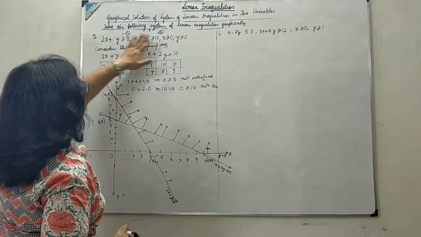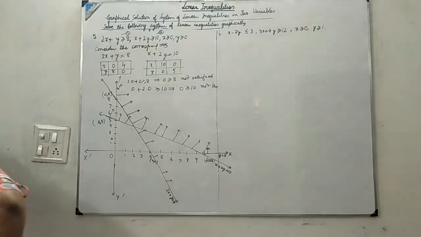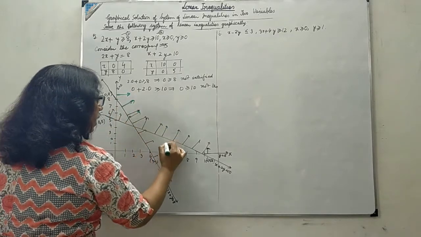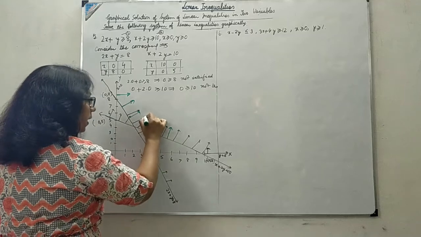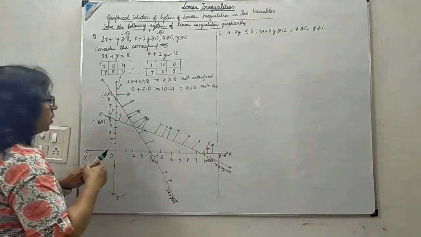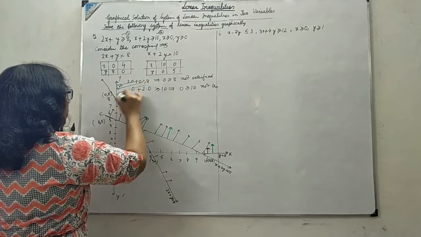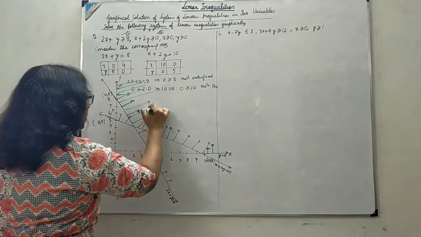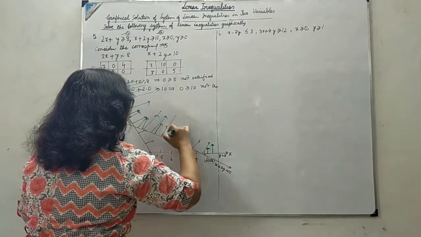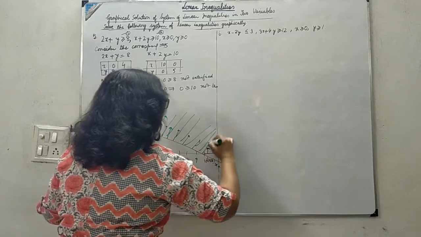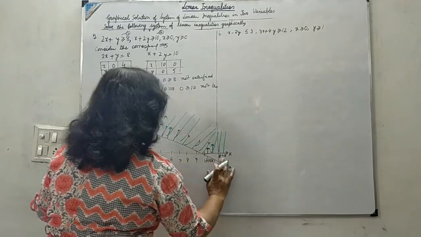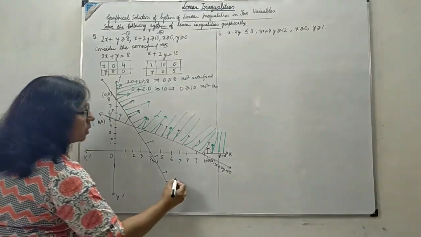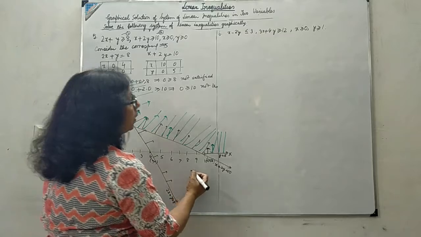So we have seen all the four inequalities with four arrows like this, one this side, one this side, one this side of this line and one this side. So what can you see over here? The common shaded part is this, not this side, because x positive and y positive are also given. So we will shade like this, not here or here or any other part. So the common shaded region as shown in the graph is our required solution.